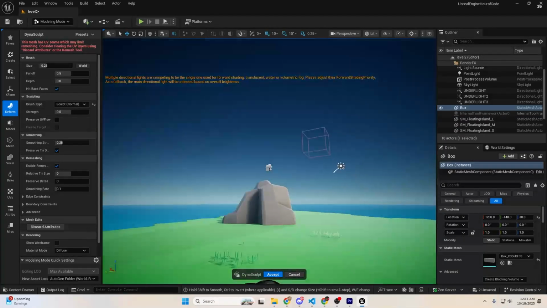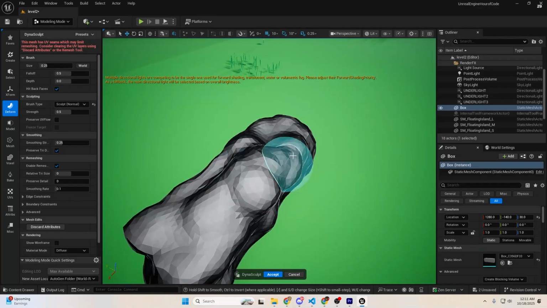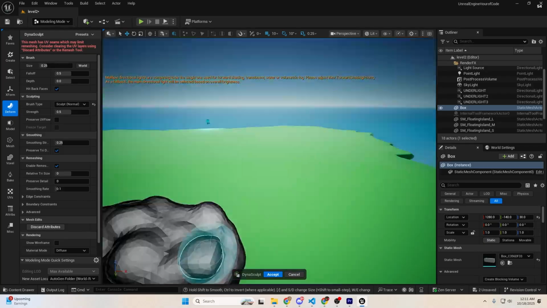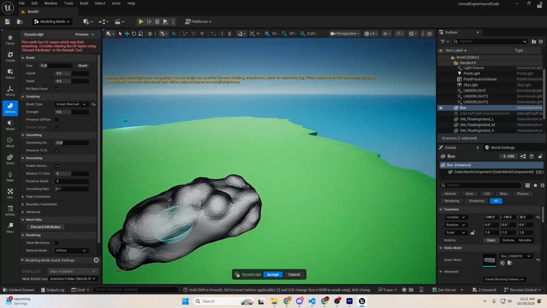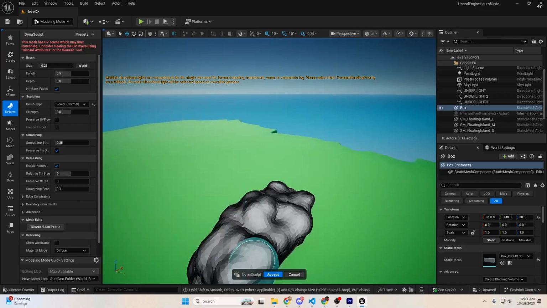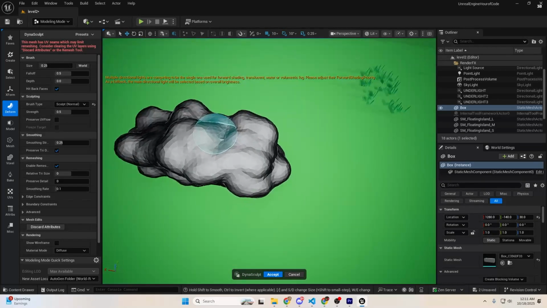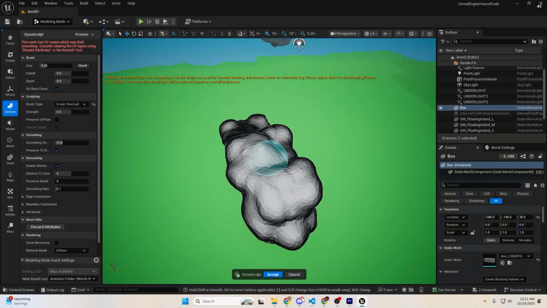Actually, let's fix something. Let's make the top a little more even. It would be helpful whenever we try to use this as a platform, if the top is even. Alright, I think that's good enough. Yeah, that's good enough. After you are satisfied with how your somewhat rock looks, you can hit accept, and